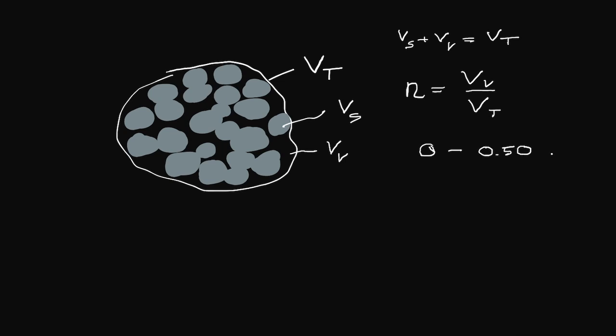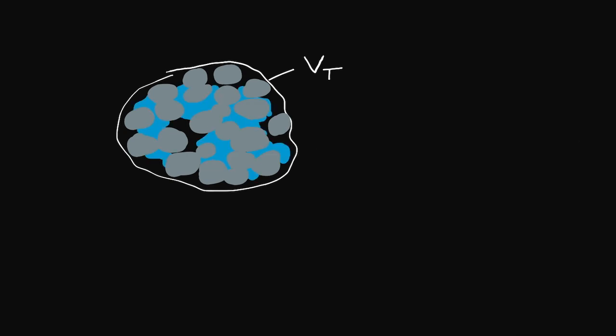In soils, the lower range is actually more like 0.20 or 20%. So porosity in soils ranges from about 20 to 50%. This is to say that between 20 and 50% of the soil consists of just basically dead space that can be filled with anything. Now, if I start putting something in there, if I put some water into that empty space,